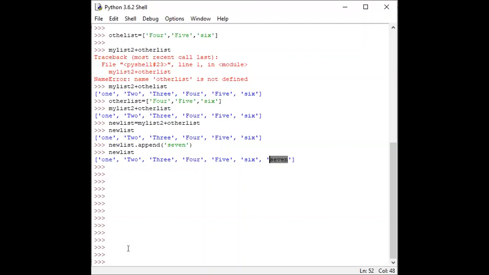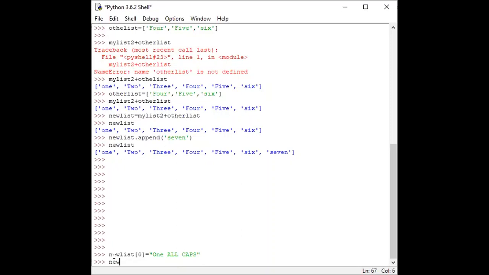Now, if I want to insert something at a particular address, we can write here, for example, new list insert, address 0. At address 0, I want to place one of the strings.